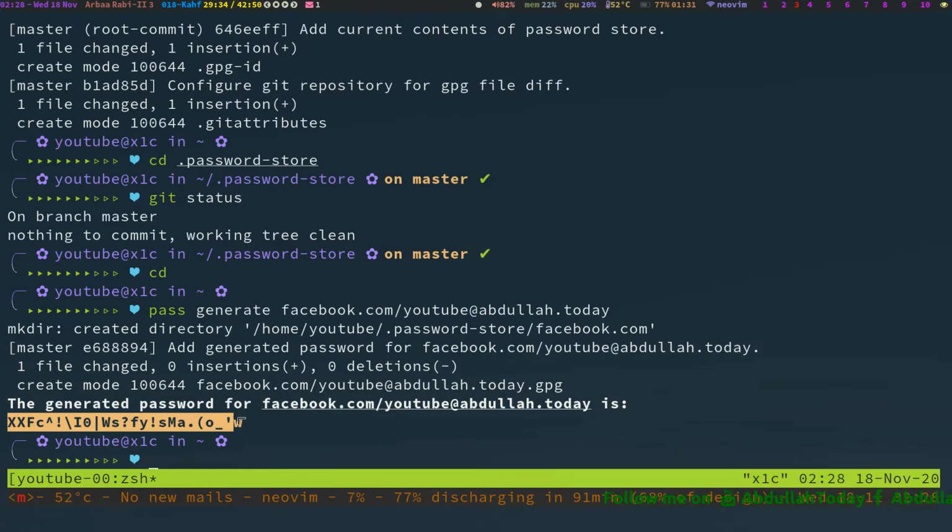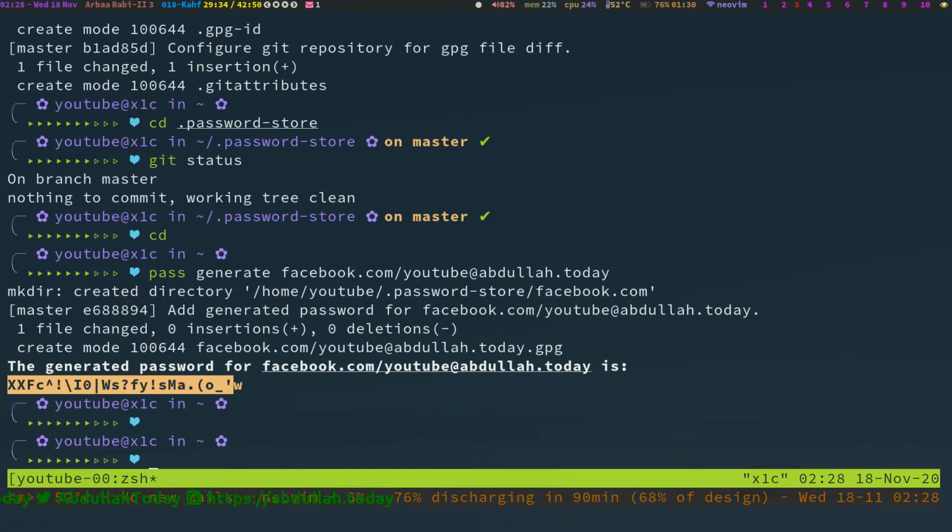You can pass it the -c argument. If you pass it the -c argument while generating the new password, this new password will also be inside your clipboard.